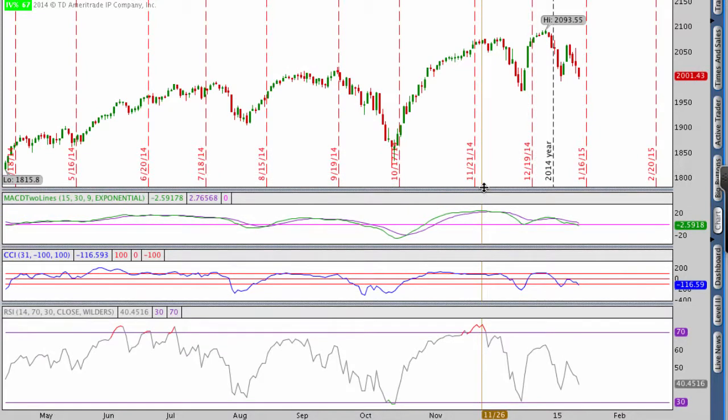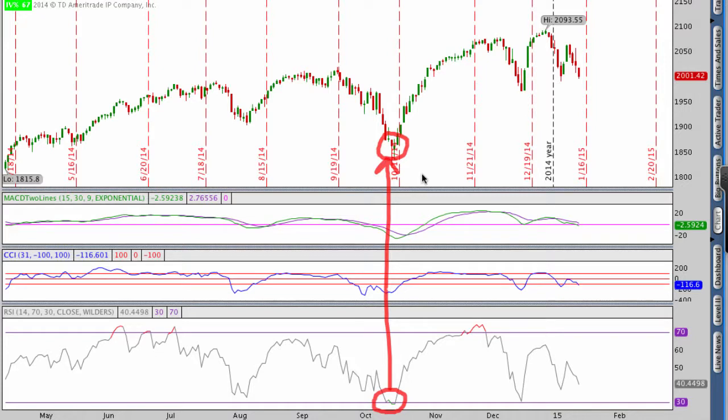Now, when we look back in time again with CCI and MACD, and let me just try to smush these down a little bit, here's a look at the S&P 500. You can see that we did get a reading all the way down here on RSI below 30, which ended up being almost a perfect buy on the market